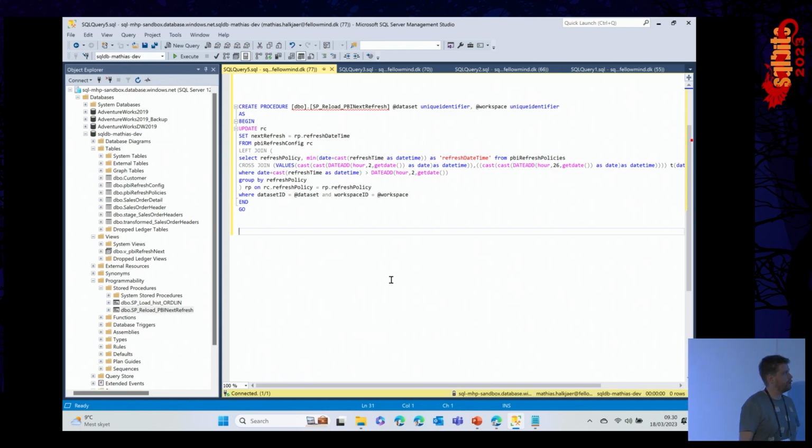But what it does, without going into details, is it cross-joins the date time from the policies with the date of today and the date of tomorrow. So if the next update is 2 in the morning and currently we are at 10 today, well then of course we also need all the timings from tomorrow to check if there's a new update tomorrow, and we also need those from today. So it just takes the 2 days, today and tomorrow, cross joins with the timings, and then it runs the logic where